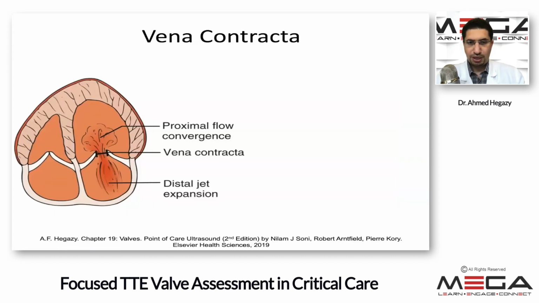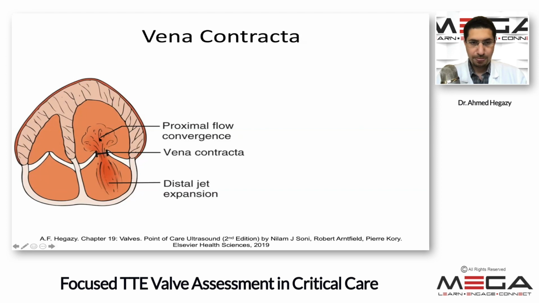And so what is the vena contracta? So let's go back to what we mentioned there. The vena contracta basically is a surrogate for the effective regurgitant orifice area. So what is that? So when you look at the pathology in a patient with mitral regurgitation, the mitral valve is leaky. There is backward flow going from the left ventricle to the left atrium during systole, where you would normally expect the mitral valve to be closed during systole. Here with incompetence, there is backward flow going from left ventricle to the left atrium during systole because there is